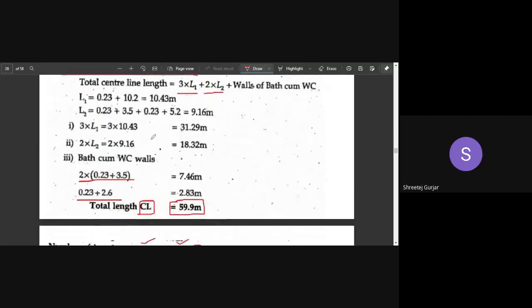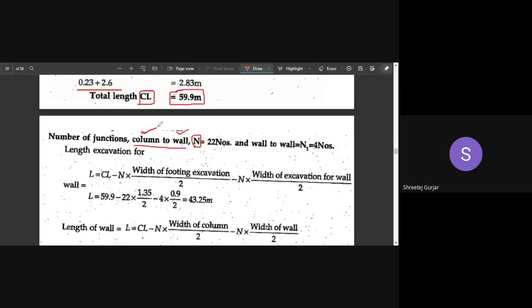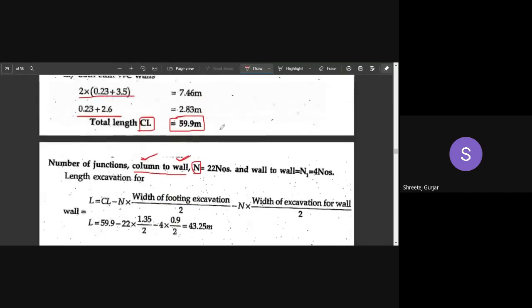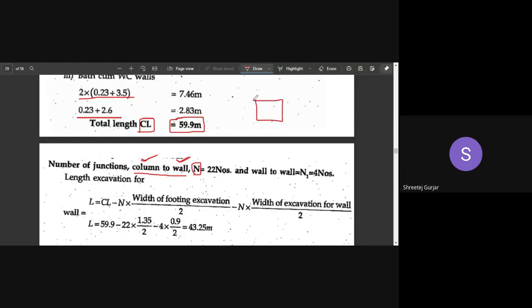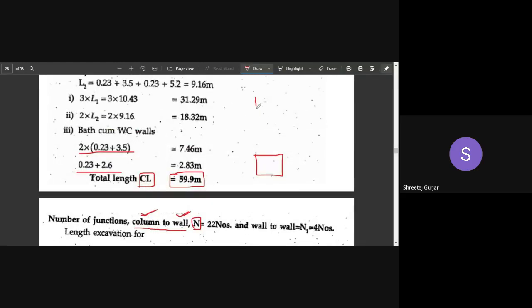So you have to look into how many column faces are in contact with your wall. This is your column, the cross section of your column. If there is one wall over here, this face is in contact with your wall, so this is to be considered. And if there is one more wall over here, this face is to be counted. But here, since there is no wall over here, and no wall over here, and no wall over here, these faces are not to be counted. Only this face, this is 1, and then this is 2.